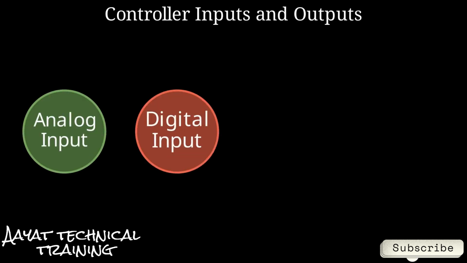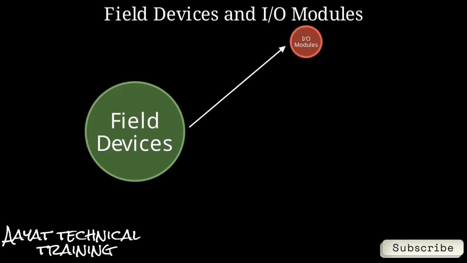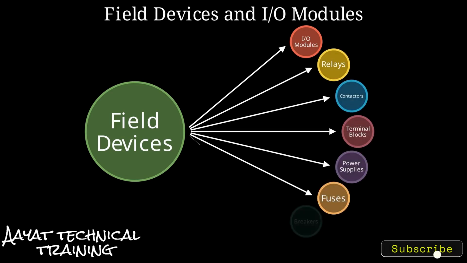BMS controllers handle various input and output types: analog inputs, AI, for variable sensor data; digital inputs, DI, for on, off, or pulse signals; analog outputs, AO, for variable actuator control; and digital outputs, DO, for binary relay or switch control. Field devices in BMS include I/O modules for connecting sensors and actuators, relays and contactors for switching electrical